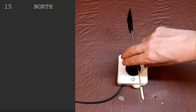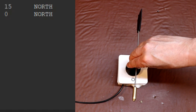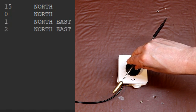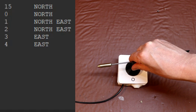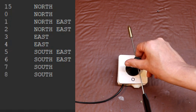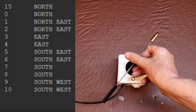So let's just move it slightly to one side. There we go, we're still pointing north, but now we're at the 0 position on the encoder. Let's keep turning it. Okay, we're northeast at position 1. Also northeast at position 2, let's keep going, east at position 3, east at position 4, southeast at position 5, southeast at 6, south at 7 and also south at 8, southwest at 9, southwest at 10,